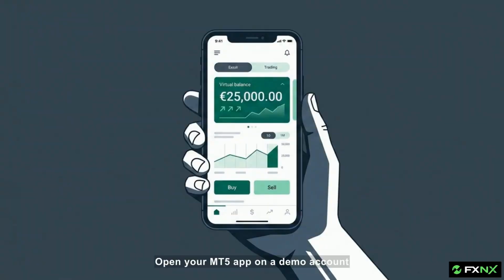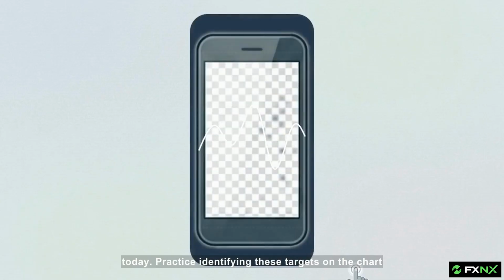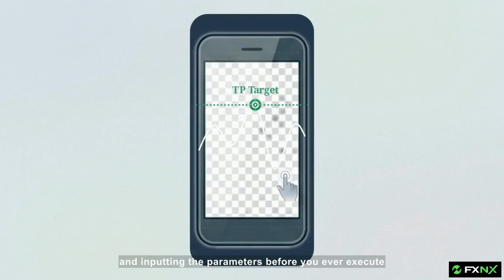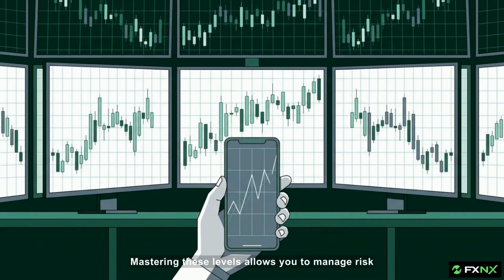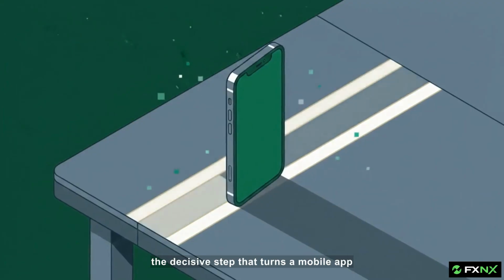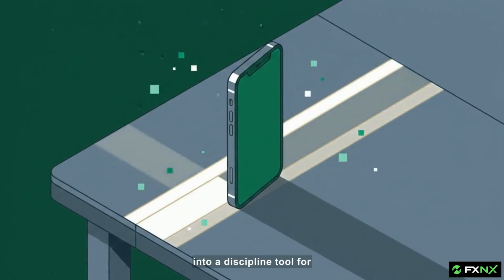Open your MT5 app on a demo account today. Practice identifying these targets on the chart and inputting the parameters before you ever execute an order. Mastering these levels allows you to manage risk with the same precision on your phone as you would at a desk. It is the decisive step that turns a mobile app into a disciplined tool for